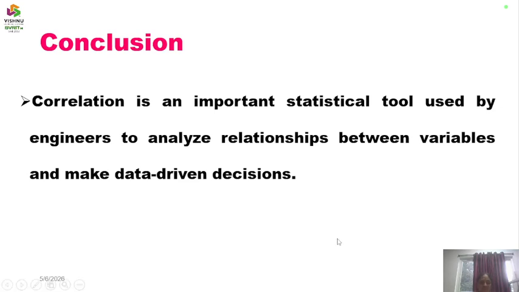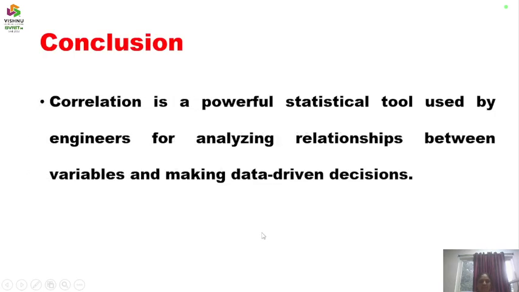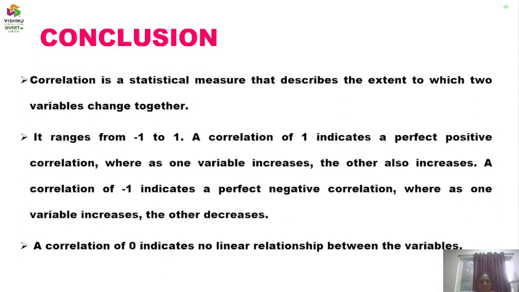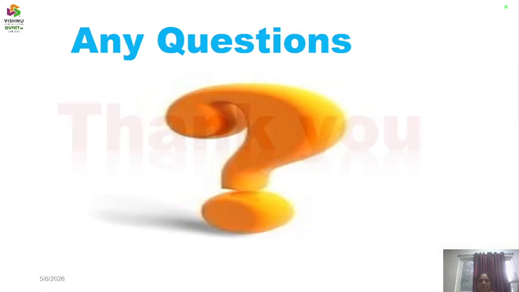So come to the final part, conclusion. Correlation is an important statistical tool used by engineers to analyze the relationships between variables and make data-driven decisions. And one more conclusion: correlation is a powerful statistical tool used by engineers for analyzing relations between variables and making data-driven decisions, right? It ranges from -1 to 1. 1 indicates positive, -1 indicates negative, 0 indicates no relation. So hope